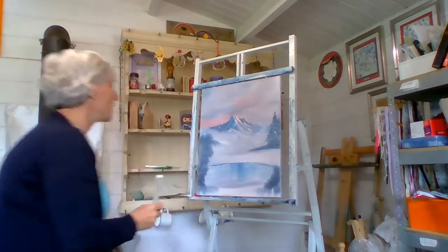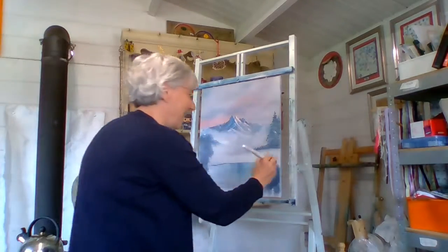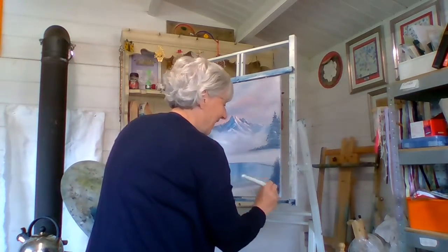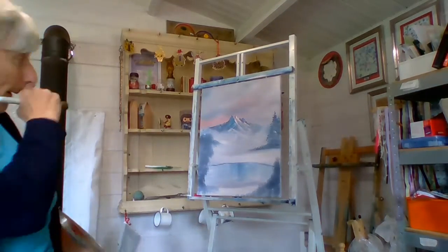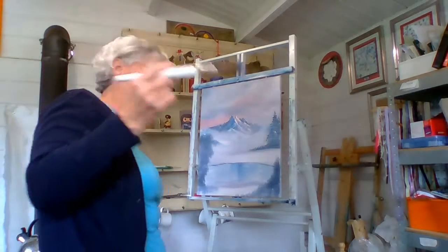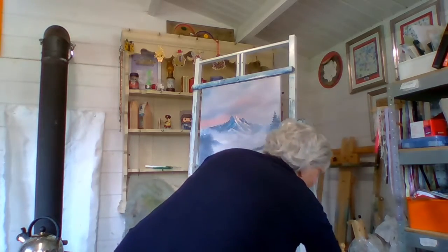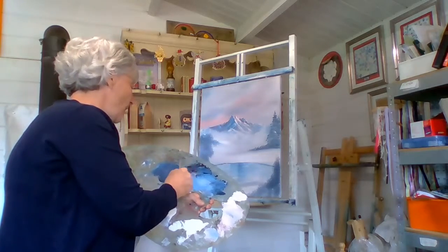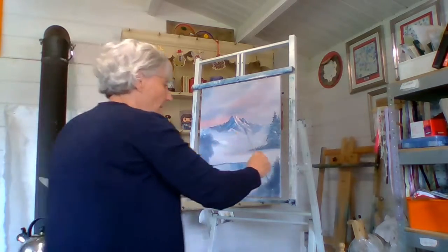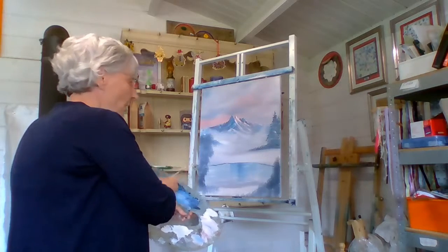You hear that funny noise, that's my fridge, because during the summer it gets so hot here in the hut. It gets so hot in the hut that I'm afraid everything, I wouldn't say melts, but you know, the oils separate, and oh, I had so much trouble the first summer I was in here. It was horrendous. Everything was just smooshing,